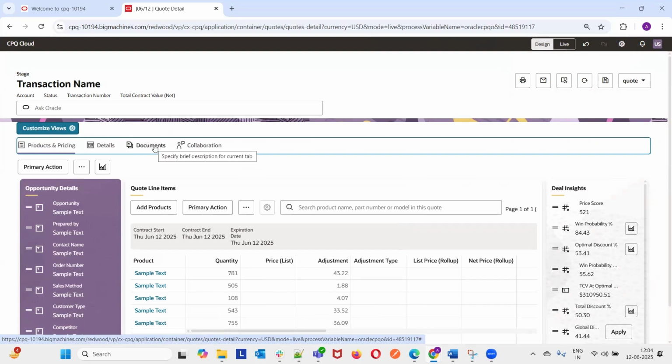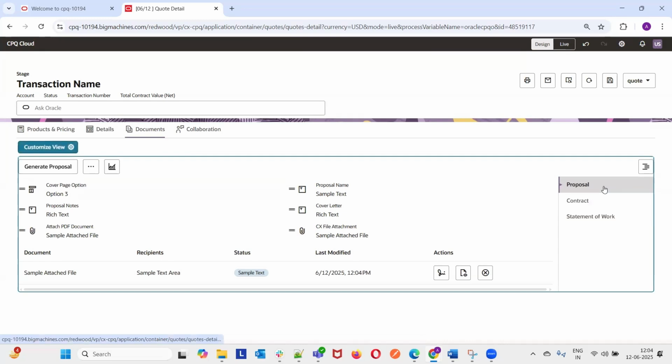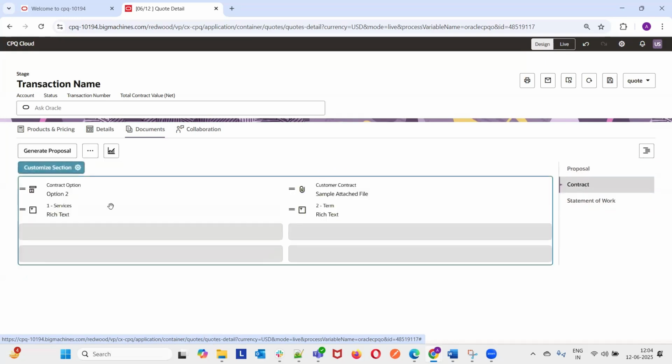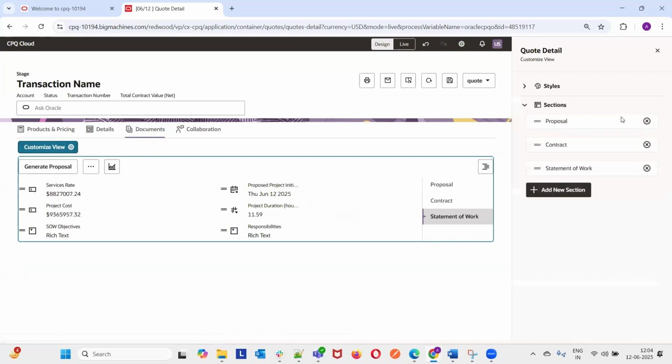if we click on any particular tab over here, we can see the details of that particular tab. In this tab, again, there are different sections. So I'll click on this and we can see there are 3 sections over here. So the user can click on that section to view the details of that particular section. And in that particular view of that tab, here we can see there is this option to add a new section as well. Since there are already 3, we will just go to one of them.